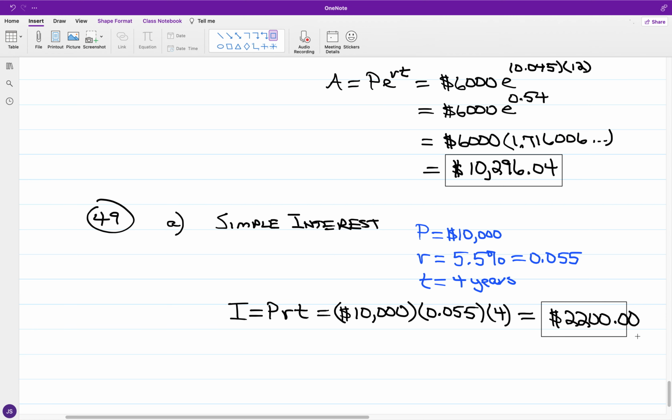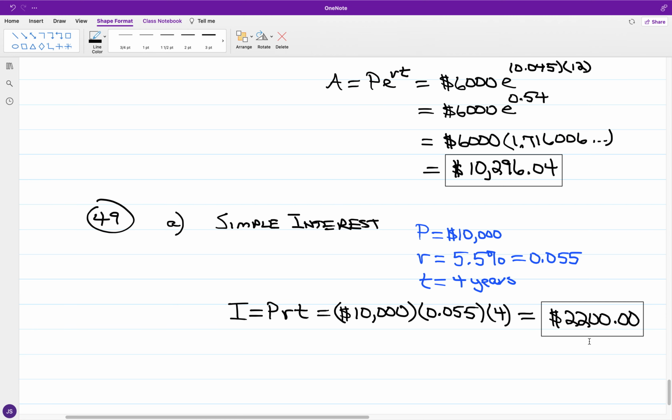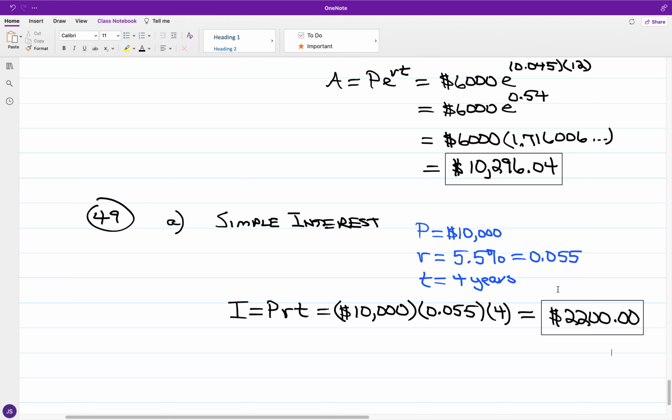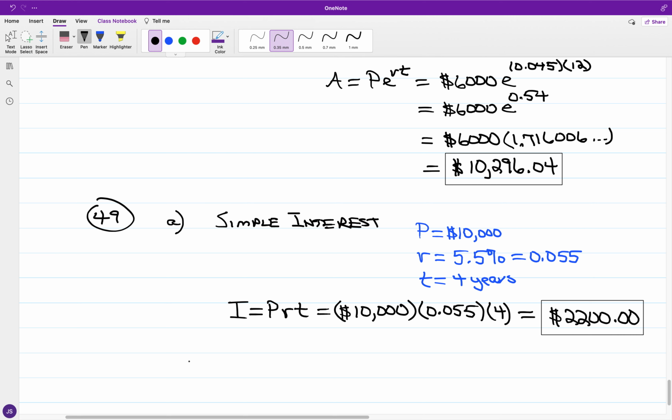So if she's borrowing $10,000 and winds up paying back in full, she'll end up paying $12,200, namely the $10,000 borrowed plus the $2,200 in interest. Now for the case of the compound interest option,